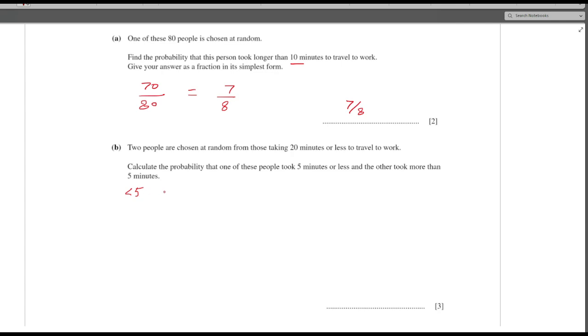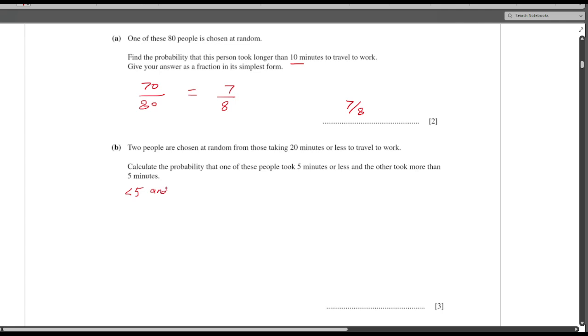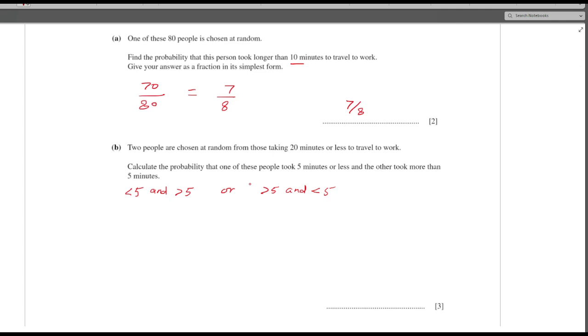So it is less than 5. And second will be more than 5. Or you have the first person taking more than 5 and the second person taking less than 5. Okay. So calculate the probability that one of these people took 5 minutes or less and the other took more than 5 minutes. So two scenarios are there: the first person will take less than 5 minutes and the second will take more than 5 minutes, or the first one will take more than 5 minutes and the second will take